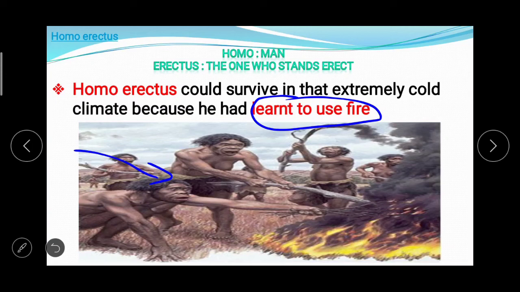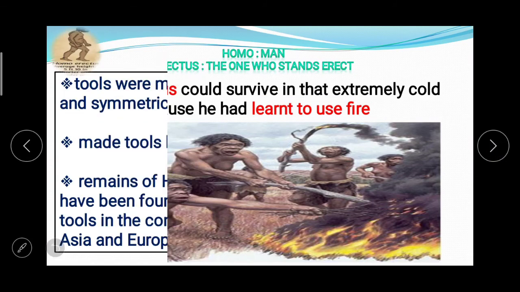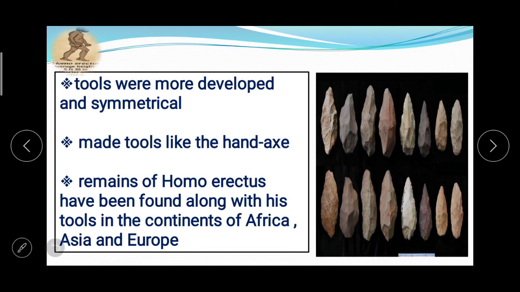And during his time, most of the earth was covered with ice sheets. Try to understand this. अर्थ का बहुत ज़्यादा पार्ट जो है वो आइस शीट से कवर था और इसलिए it was very cold climate,